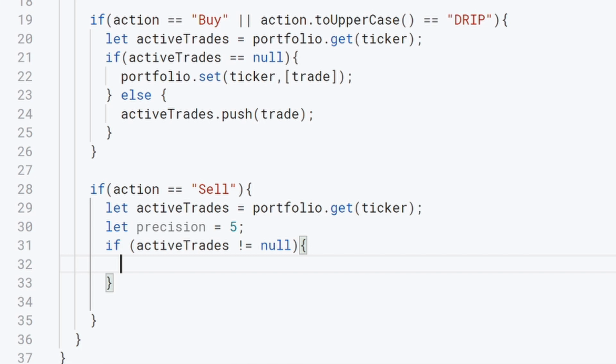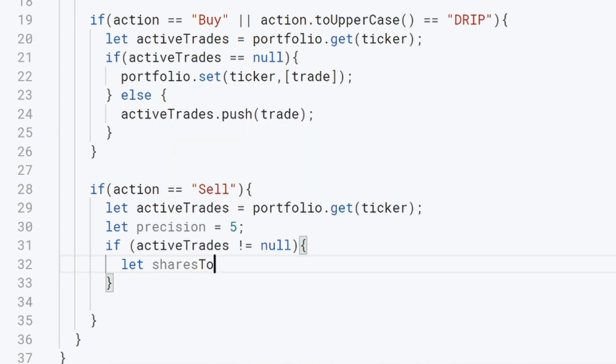And before we even move on to the next line, that exclamation point and equals, in coding language, means does not equal. So what we're saying here is if active trades doesn't equal null,